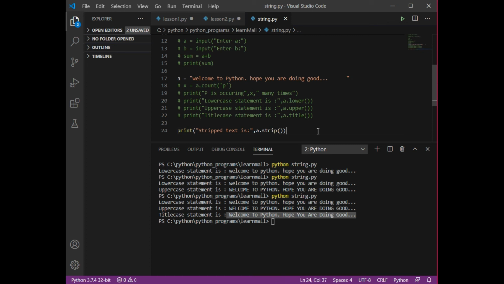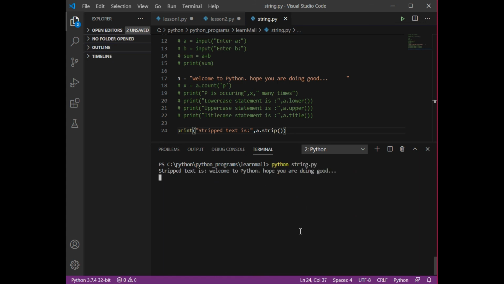Let's just observe that thing. Let me clear the screen first and let's just run that once. See, now we actually don't know whether it is stripped or not. So let's just run that in a different manner. Let's just give the spaces here as well, and we can just eliminate this content as well.